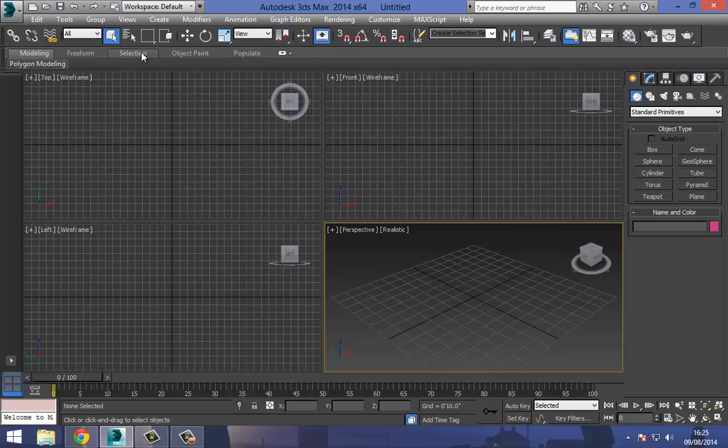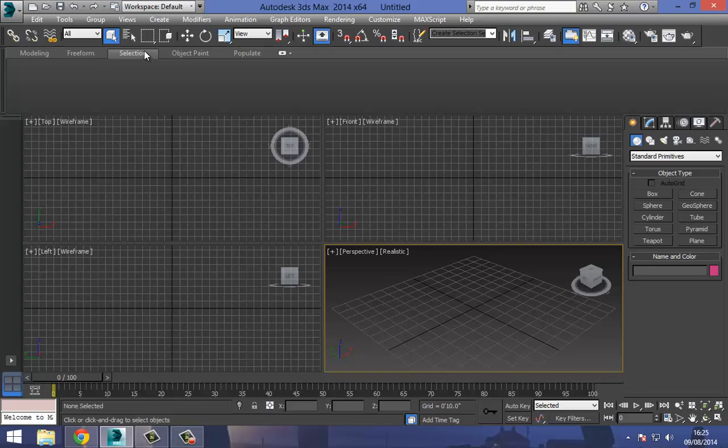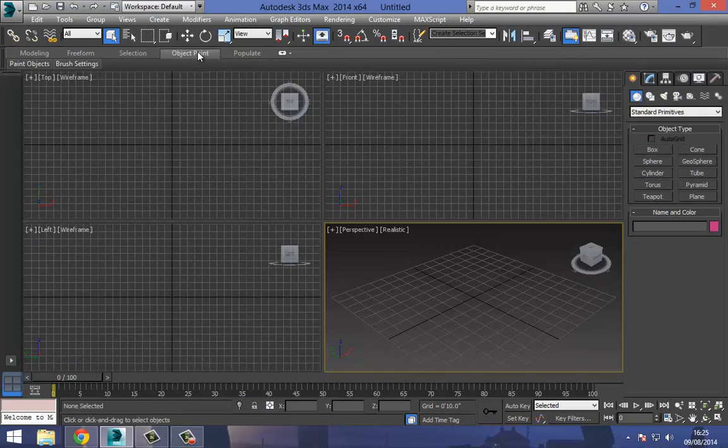Below that, you see we have these little tabs, and if we double click on these tabs, you'll see that we'll get this sort of drop down. You can see there's nothing inside some of these, and that's because you need to have something selected, but this is known as the ribbon, and again will contain some of the most common modeling tools that you